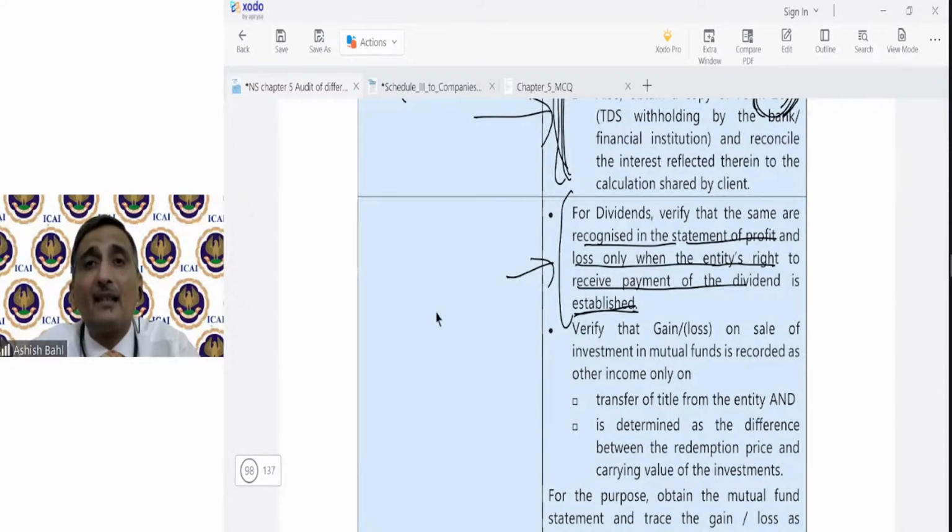So if such press reports are in the nature of conjectures, this right is not established. So dividends have to be recognized only when the right is established, and these are capable of being measured, and it is probable that money would flow to the company. Okay,